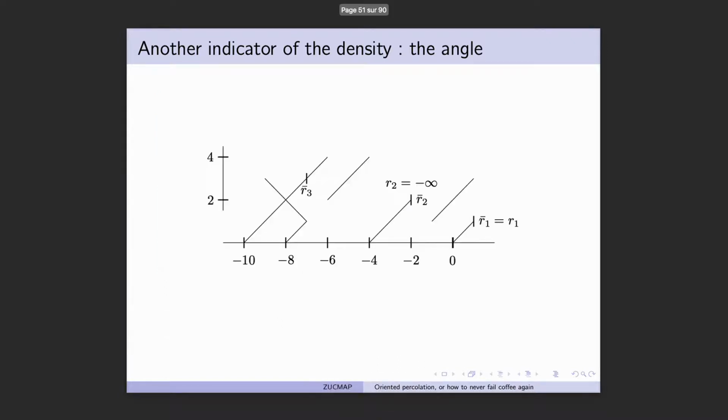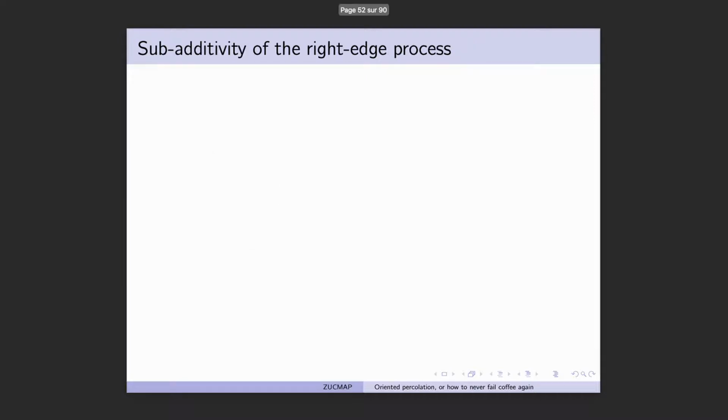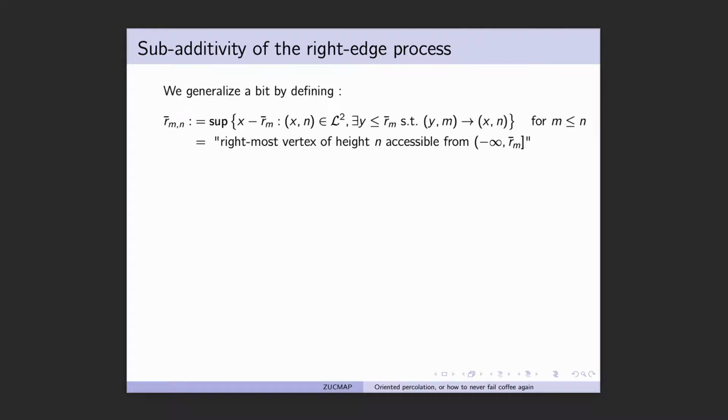Then maybe from this picture, if you see one step ahead, you would be thinking that I have some kind of stochastic process that evolves with n. It has jumps and so on. And since everything is independent, maybe I have some kind of random walk structure. Unfortunately, you would be wrong, but you will not be so wrong, if we introduce yet another process, which I promise is going to be the last one.